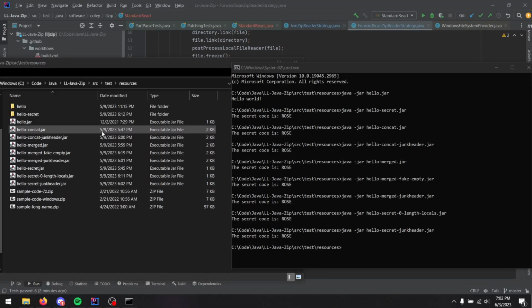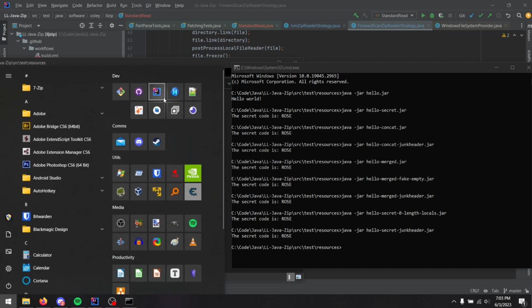So here we have the zip files in the LLJZip project. Hello is the baseline, and then concat means that the hello and secret jars have been just concatenated, where hello is first and secret is second. So if I open a hex editor here,